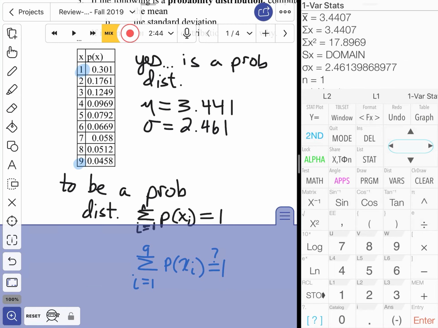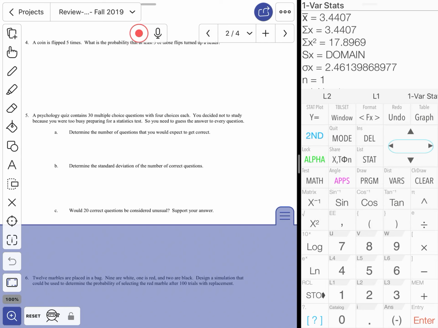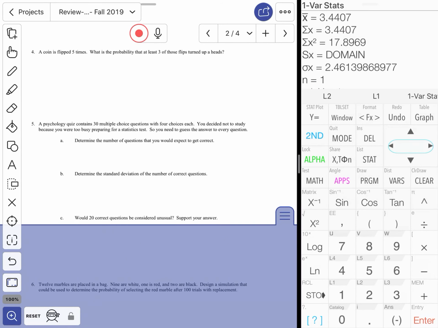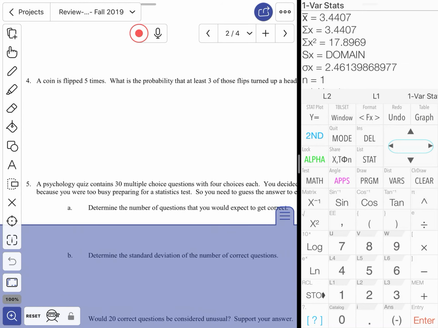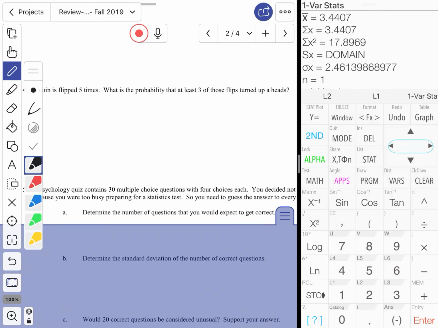All right, so moving on, we get to number 4. A coin is flipped 5 times. What's the probability that at least 3 of those flips turns up a head? All right, there's a couple of ways to handle that. What I like to do is list out all my possibilities. So it's flipped 5 times, so the number of heads